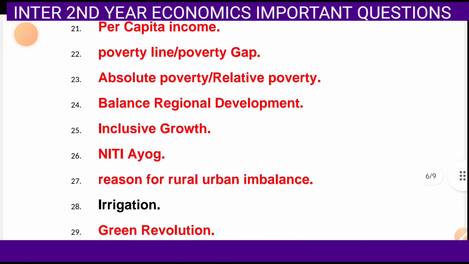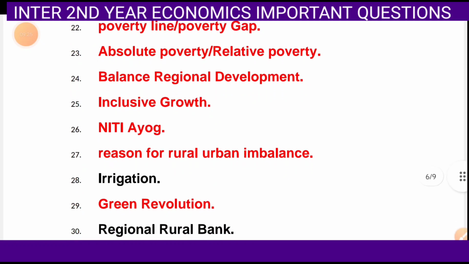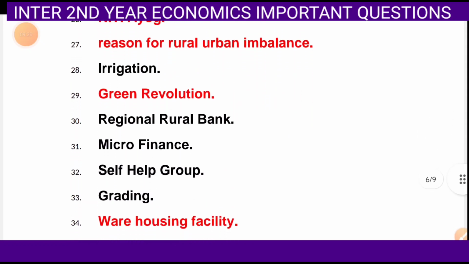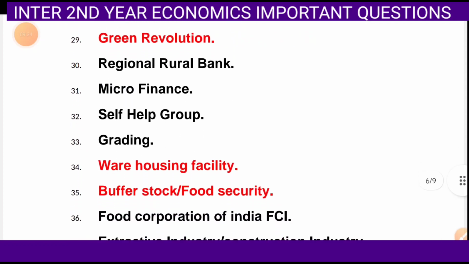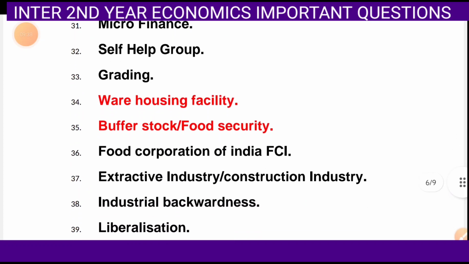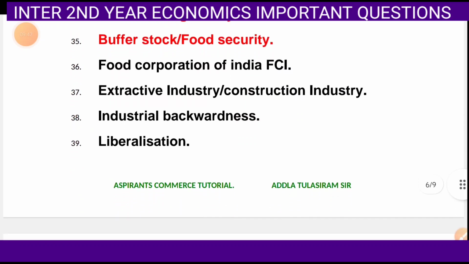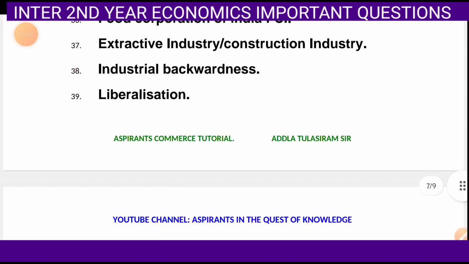capita income, poverty line or poverty gap, absolute poverty or relative poverty, balanced regional development, inclusive growth, NITI Aayog, reasons for rural-urban imbalance, irrigation, green revolution, regional rural bank, microfinance, self-help groups, grading, warehousing facility, buffer stock or food security, Food Corporation of India,